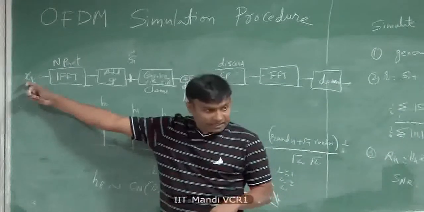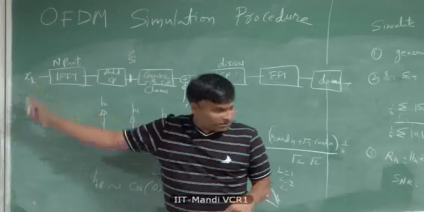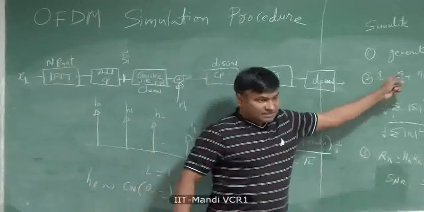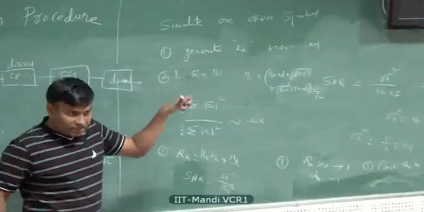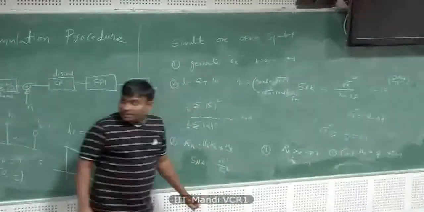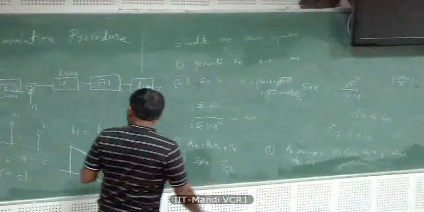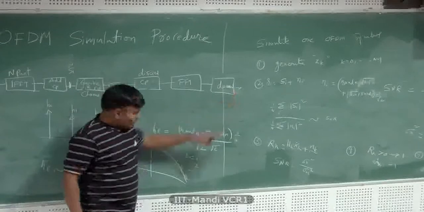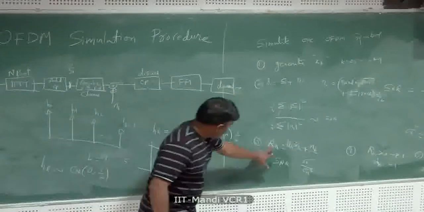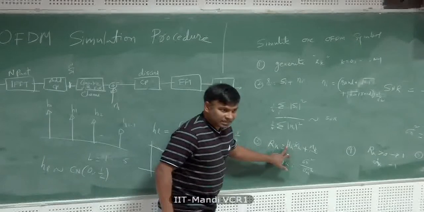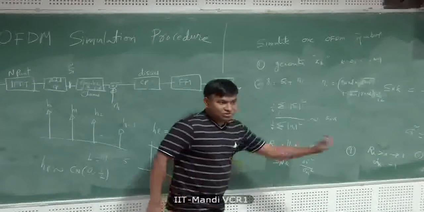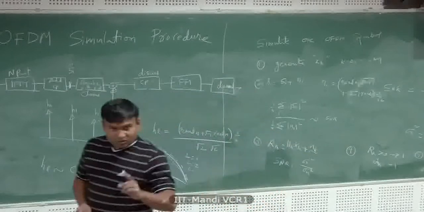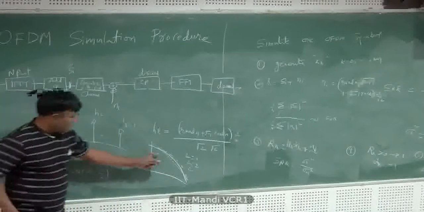Then generate xk. You don't have to generate xk like this, but you have to generate the source in this manner. You have to generate the source, zeros and ones, in this manner, and transmit, receive, demodulate, and don't make hard decisions. Take RK, multiply with HK conjugate or divide, and then pass this through the Viterbi decoder. Don't make hard decisions. When you do that, when you change L, the error rate will change.